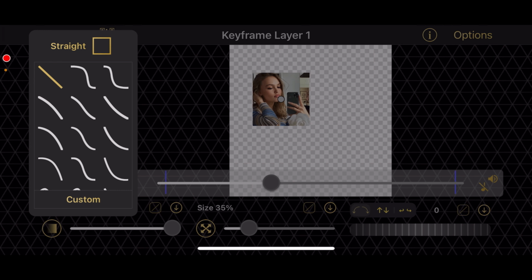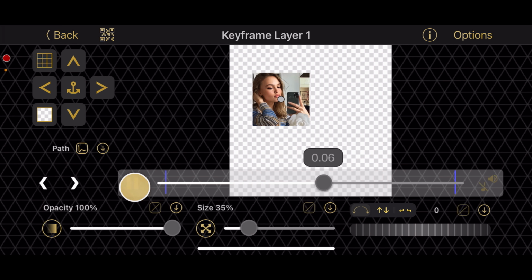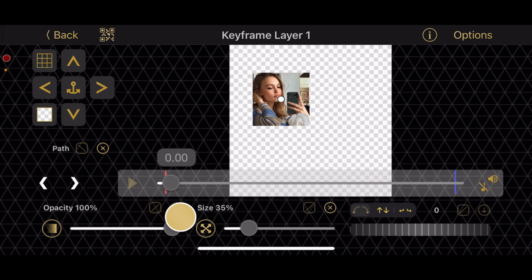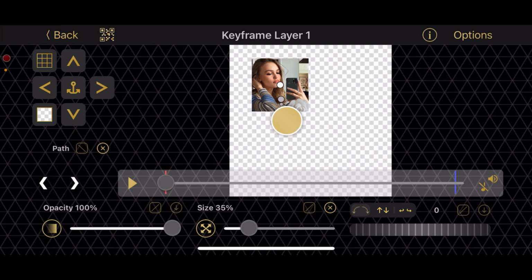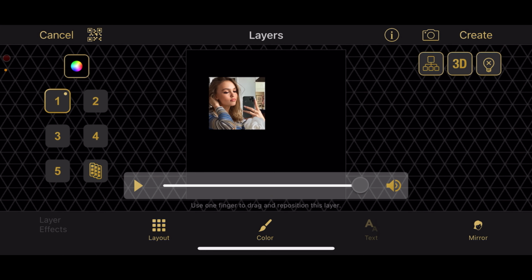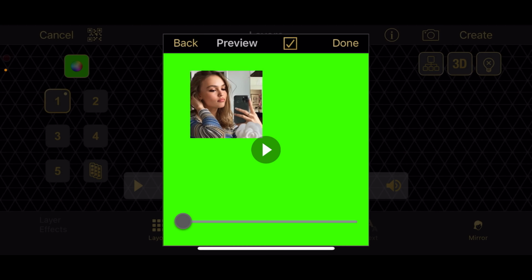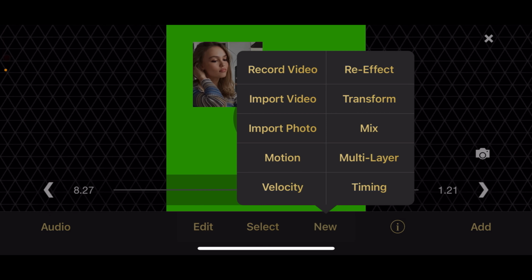Click this path right here and just use one of the shape graphs, like one of these. I think I'm gonna use this one. But then all you want to do is just go up. And then make sure the background is green. And then click create. Now go to new,